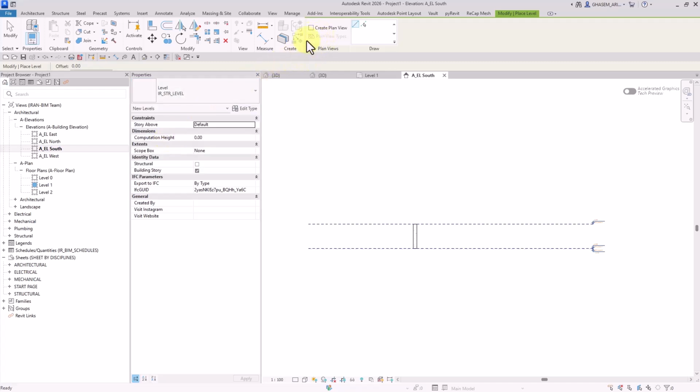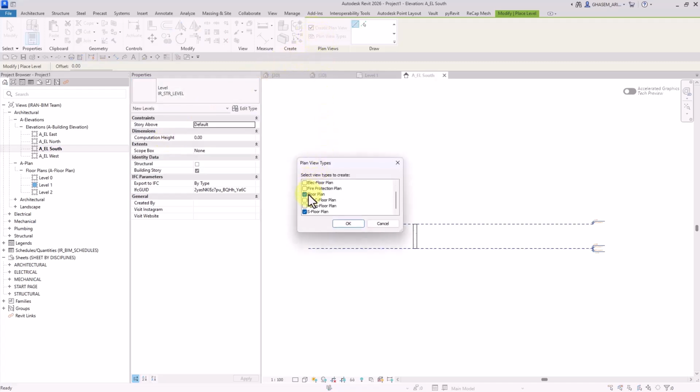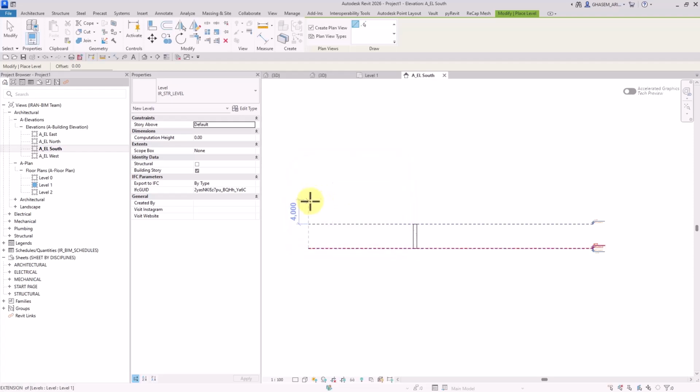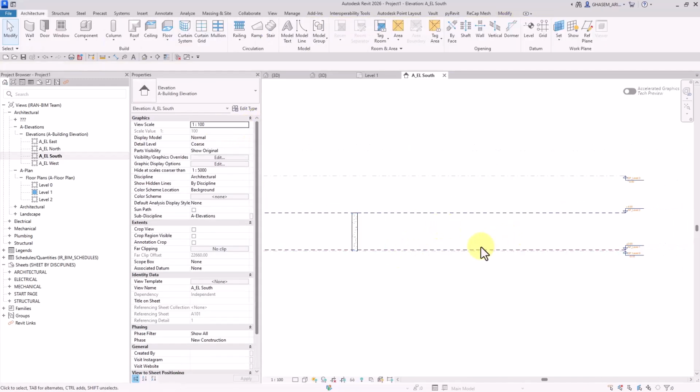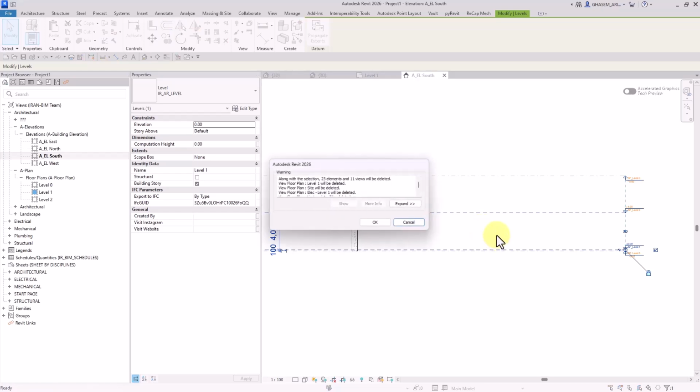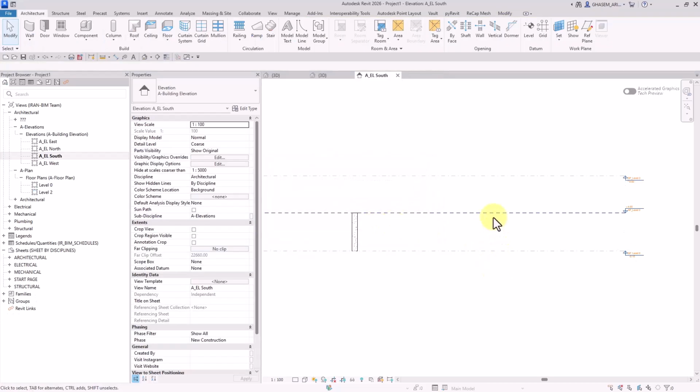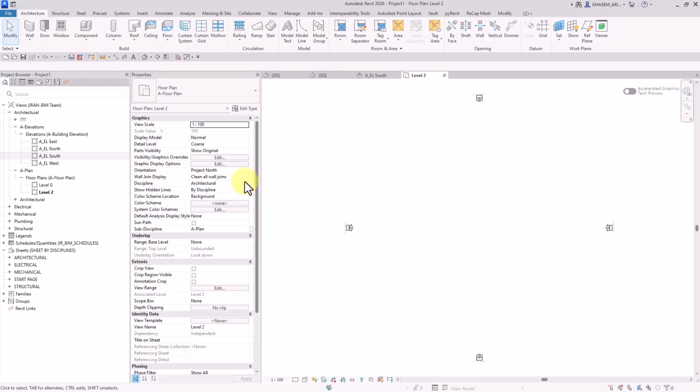Structure. I'm going to set this in structural floor plan for now. Alright. Now select, starting from the 0 level, and I'm going to remove this one for now and set this one on structure. So select structural here,